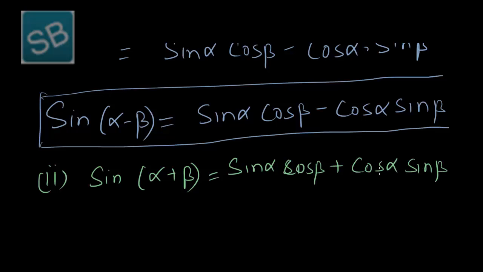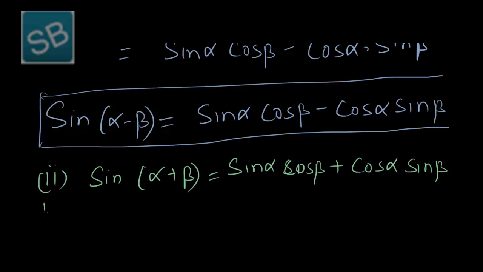As we have seen in the cos formula, the first two terms are both related to cos, plus or minus, and the second terms are both related to sin. But in the sin formula, the first is a sin term, the second is cos, then plus or minus, the first term is cos, then the second is sin. So you have to always remember this formula while using these formulas in problems. Don't be confused while taking sin alpha cos beta. Don't take sin alpha sin beta, or it will become the same as in the cos formula.